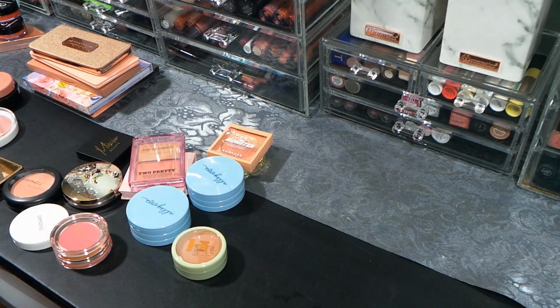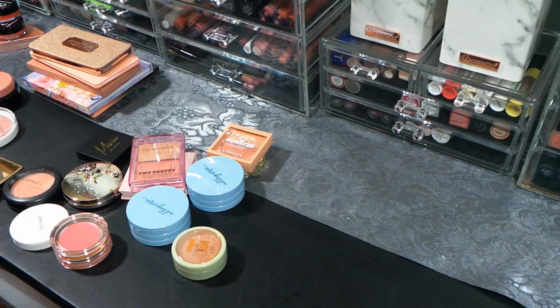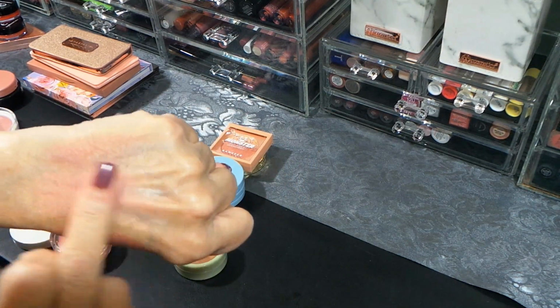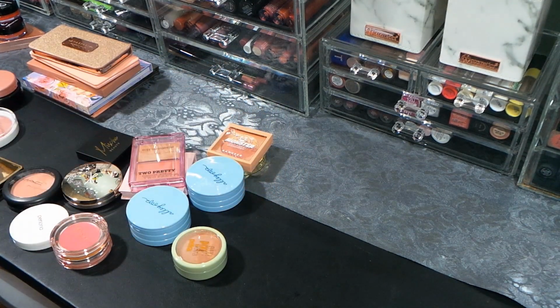This Ofra is Bellini. This blush right here, also beautiful. These aren't going anywhere. Right here, this is definitely peachy. They blend out like a dream. They really do. That's why I have so many blushes. Like, I don't see myself getting rid of a lot of these,